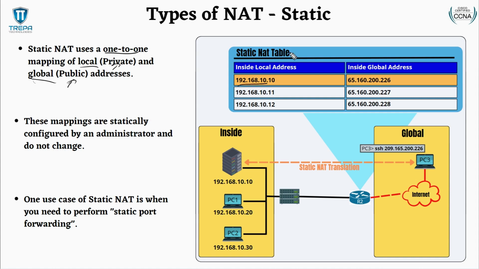As you can see here in our static NAT table, we have one-to-one mappings, meaning if we map this server right here to this inside global address, which is this IP address sitting at R2 out towards the internet, that's the only system or endpoint that's going to have a connection out to the internet. That's because static NAT is a one-to-one mapping. So when it receives packets from these other users or clients,